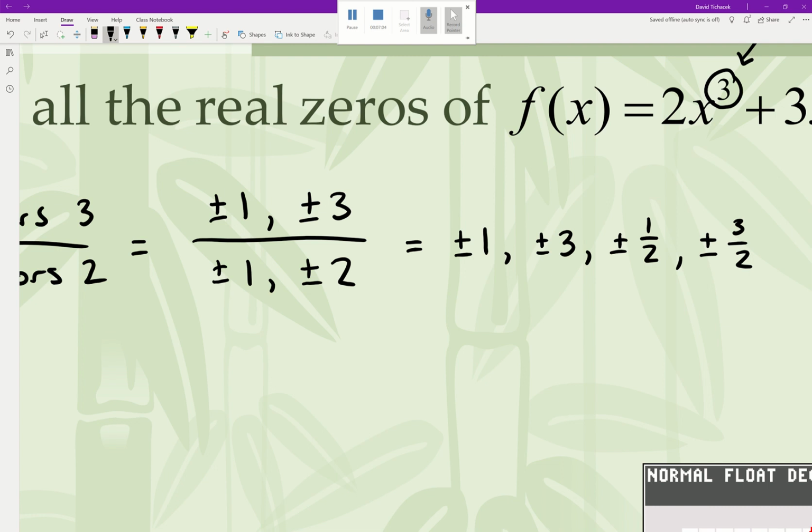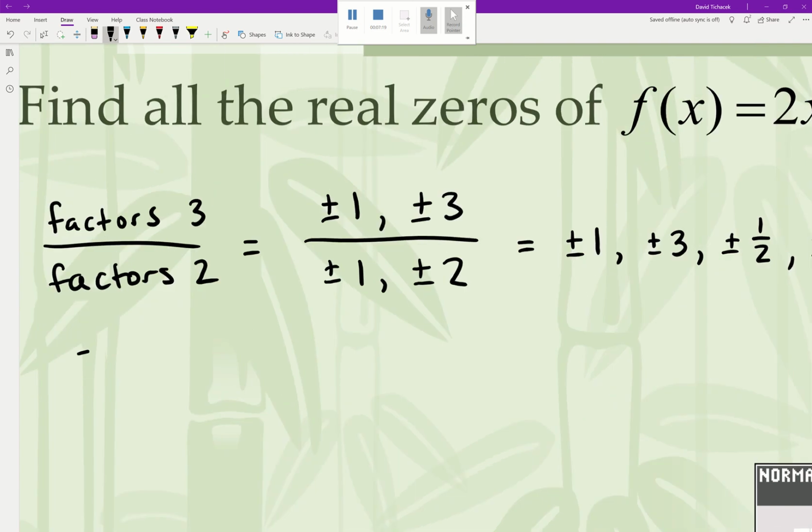Okay? And so now we need to go through that interview process and figure out which one of these is actually going to get the job. And by interview process, I mean we're going to go ahead and use some synthetic division. Okay? Because if any one of these are zeros, then remember the reasoning from the last video is that if we have a 0 of our polynomial that looks like, say, x is equal to some number a,